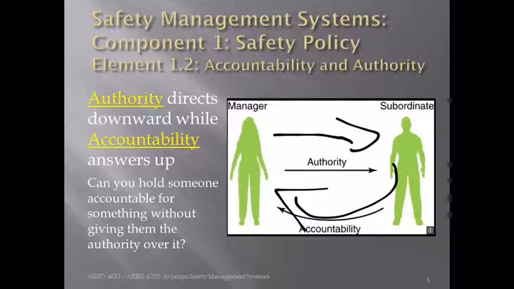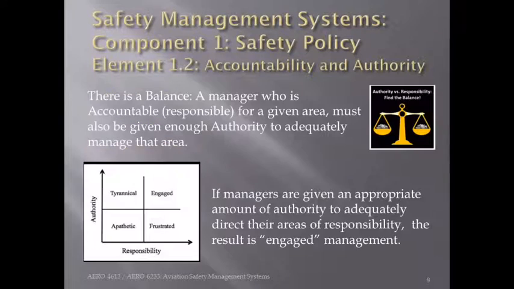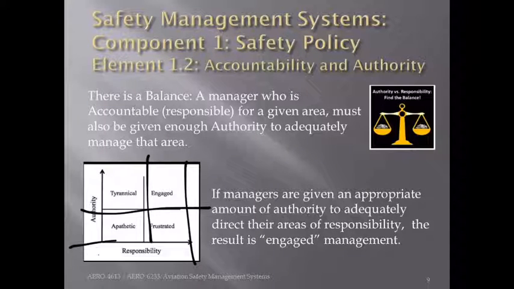However, what if accountability and authority get out of whack? Sometimes you can have too much authority and not enough responsibility, let's say. Sometimes you have too much responsibility without much authority. This little diagram on the bottom left of your screen is quite interesting to me. A manager then with too much responsibility over in this column and no authority down in this column gets frustrated. Why is that? Well, they're responsible for things that they cannot control.